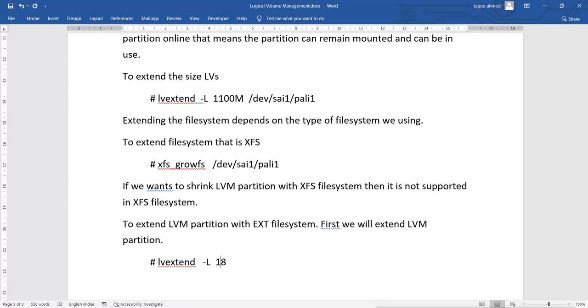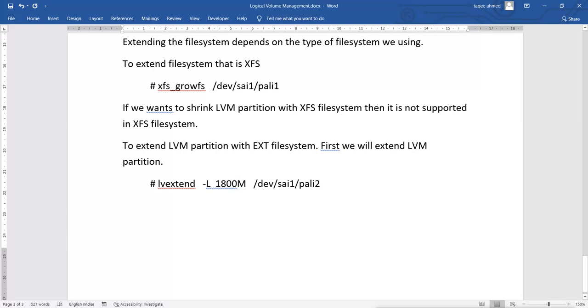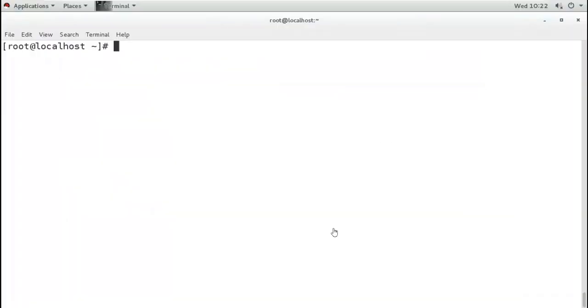For example, I want 800 MB, and then you will mention the LV name, that is our Pali 2. So the command for extending the size of LV is the same: lvextend, the size which you want, and the name of the LV.